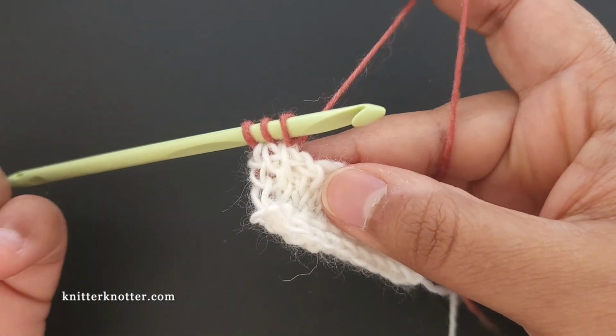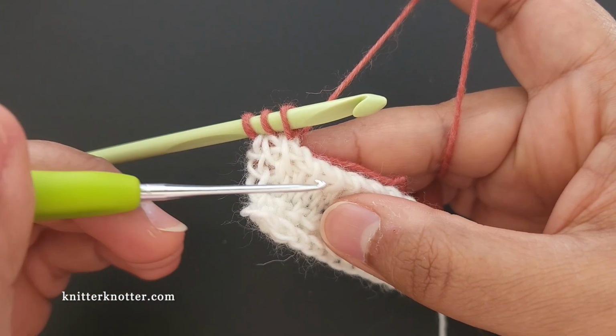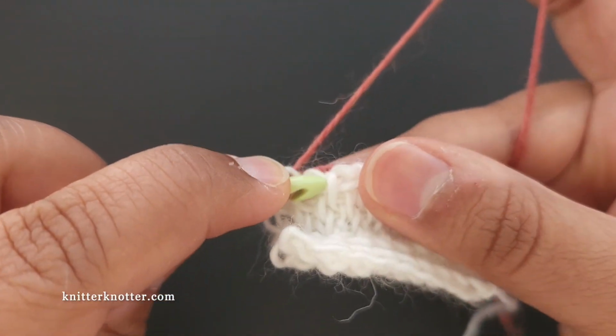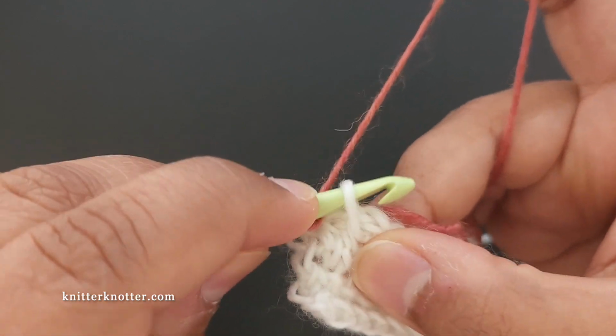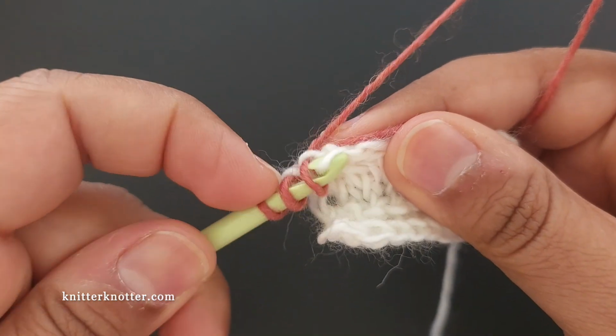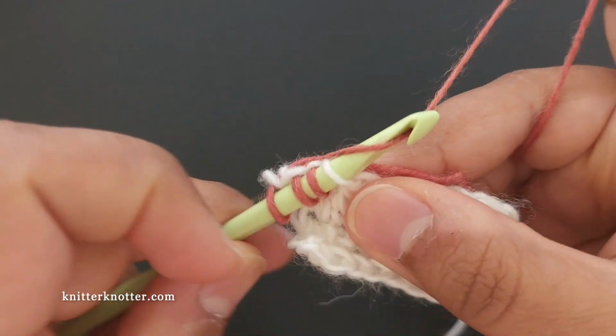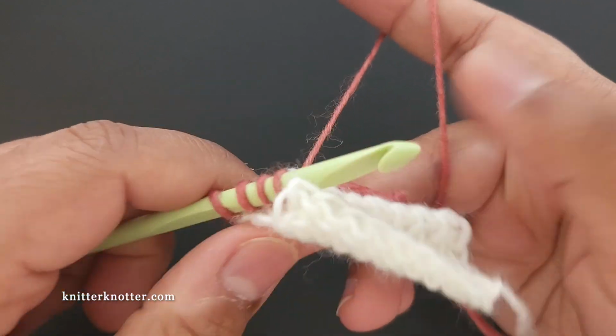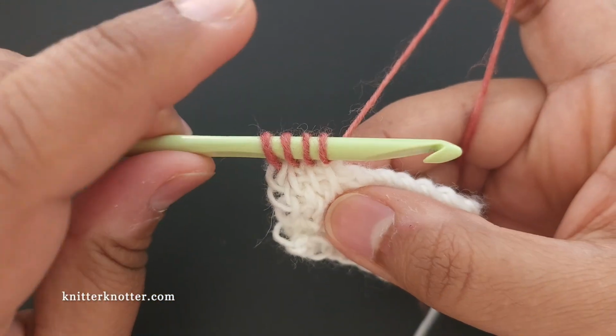Another thing that works sometimes is that if it's hard to pick up this stitch in the opposite direction, or this vertical bar, what you can do is give it a little tug here so it's easy to see that, and then you can insert your hook in the opposite direction and then yarn over, pull through. So there's like 3 different ways that I've shown you that you can do this, and I hope that one